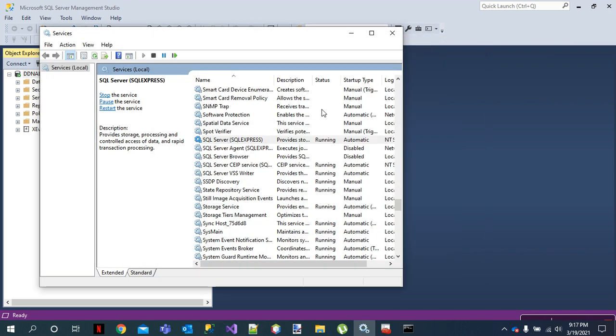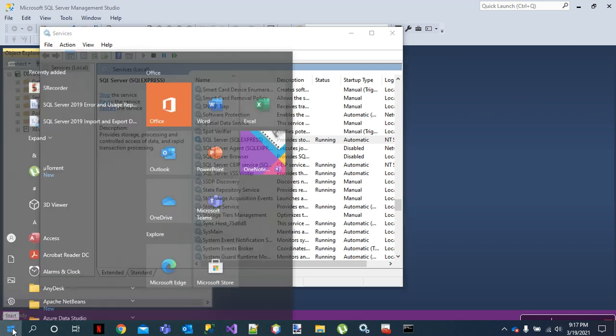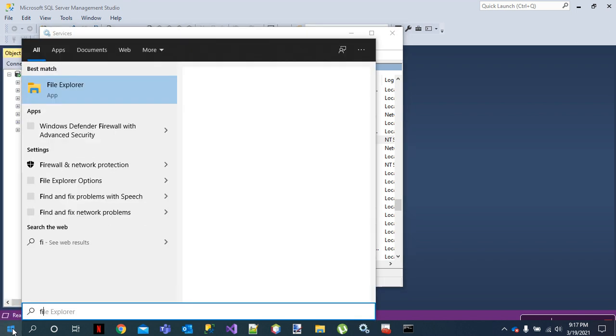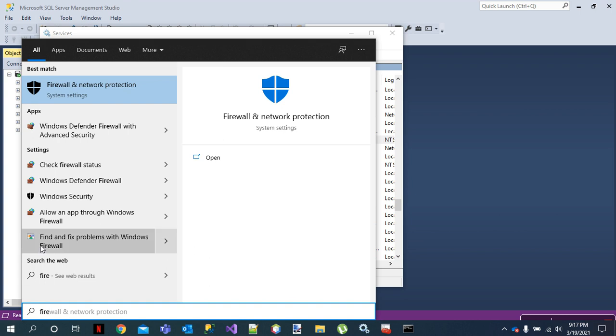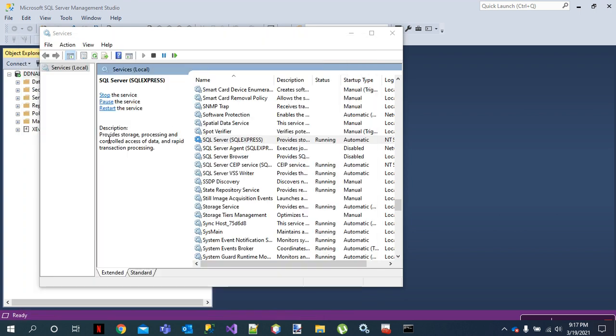So the next thing you want to do is to set up a port number. You already know your IP address. You want to now set a port number. So a port number is where you are hosting the server itself. Where do you want your server to be run on? So to set up a port number, you do it under the firewall advanced settings. So I'm going to go with Windows Defender advanced settings.